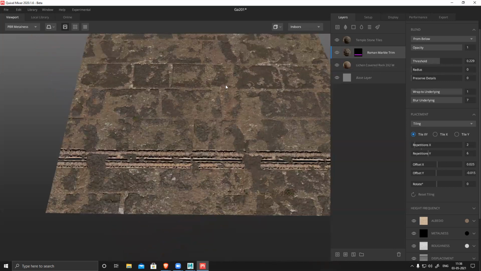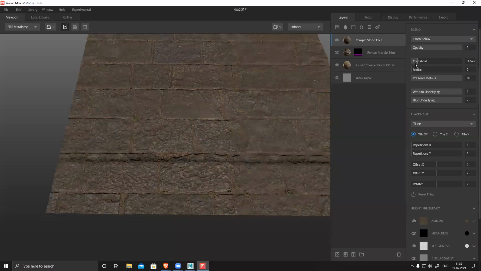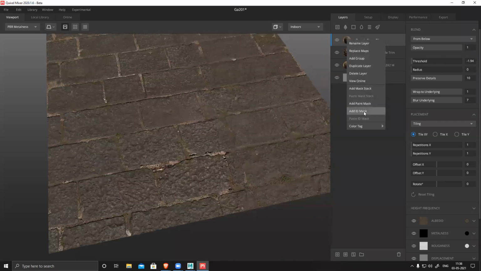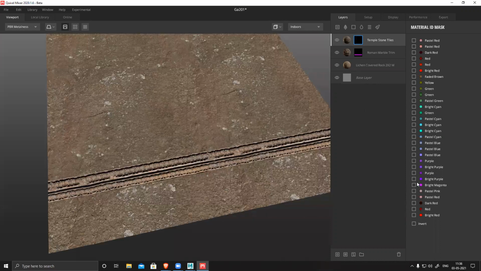You can see these two textures blend very easily. Opacity I can increase, decrease. Oh, the wrong layer. I'll keep it full, this visible, and then right click again, ID mask. Let's see. Where is it?